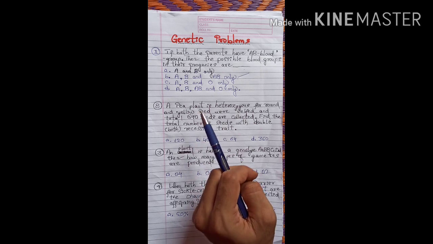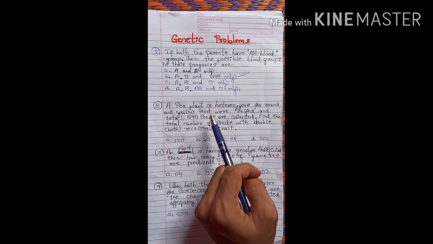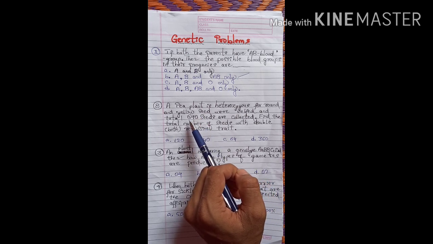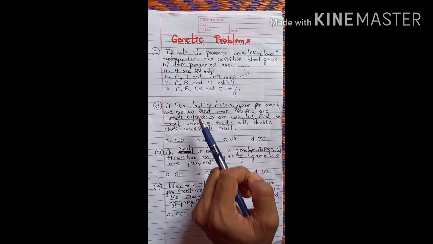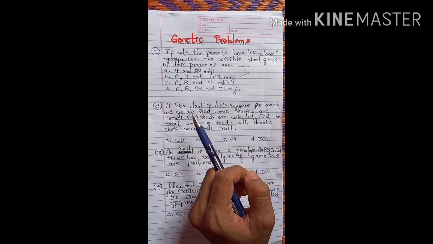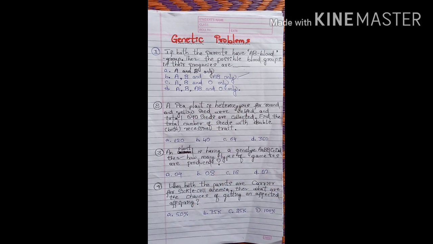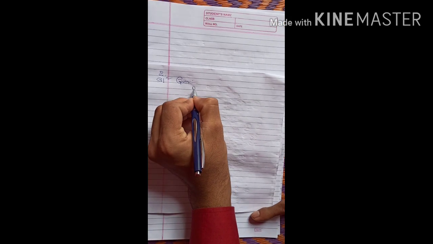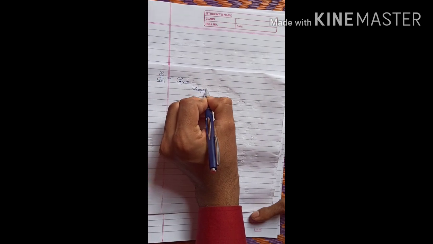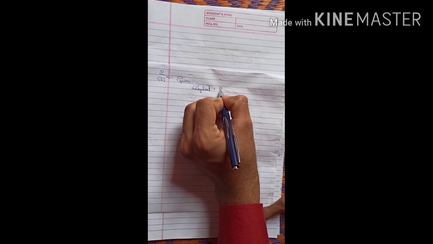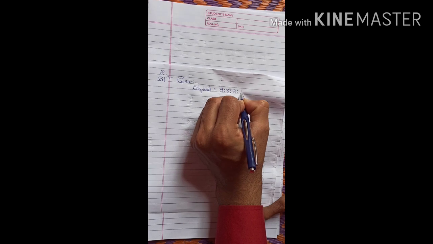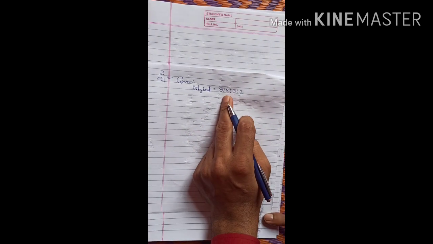Okay, now let us solve this problem, and these problems are very important, and you have to just remember the method of how to solve. They will change the number, but the method for solving this problem will be the same. Follow that trick. It is very simple. See, as I told you, it is the best example for the dihybrid cross experiment. So we know that the dihybrid cross ratio is 9:3:3:1. So we know the ratio for the dihybrid cross.